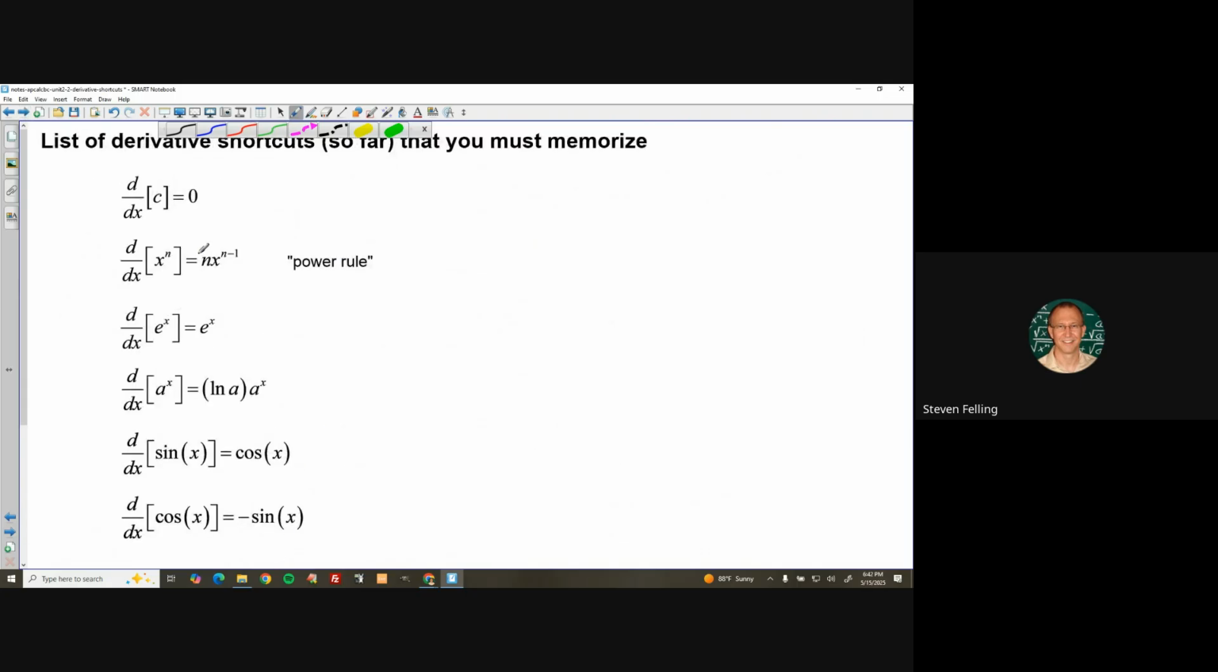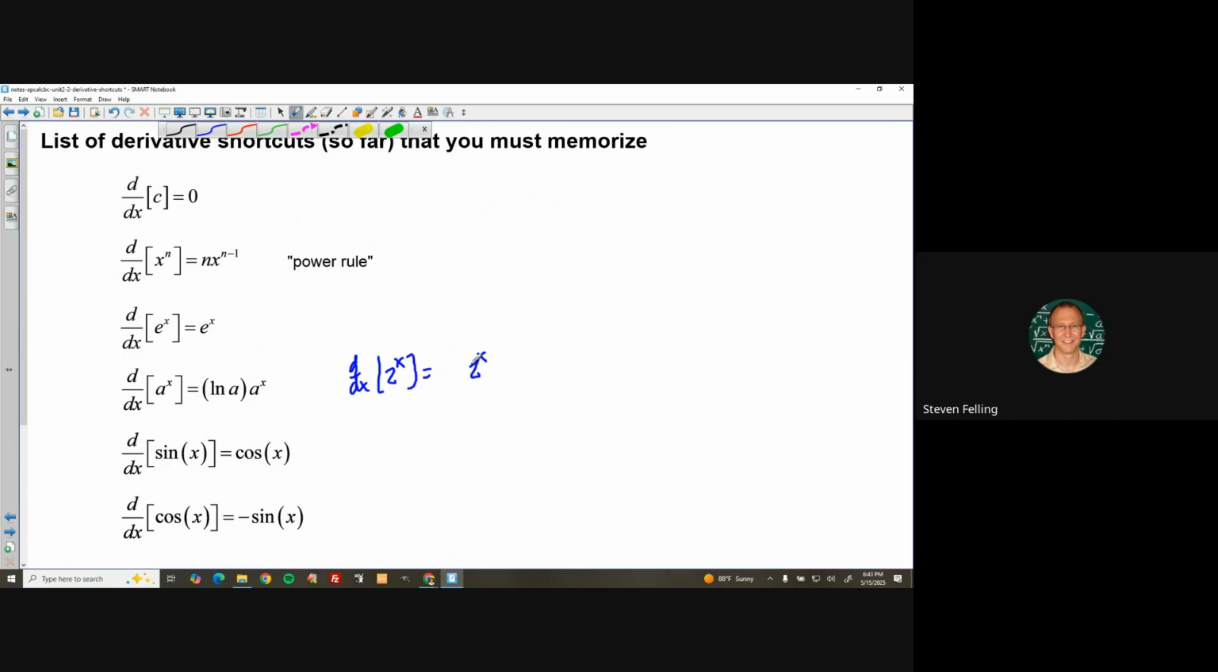In fact, I'm going to summarize. All of these are provable. The derivative of a constant is 0. The derivative of x to the n is n times x to the n minus 1, the power rule. The derivative of e to the x is just a copy, e to the x. Any other base, like for example the derivative of 2 to the x, is also a copy, 2